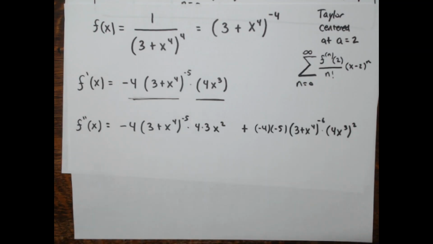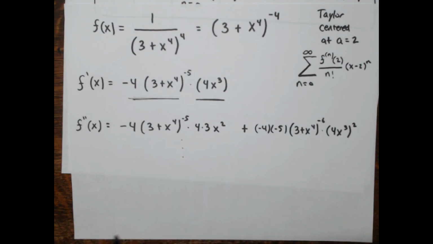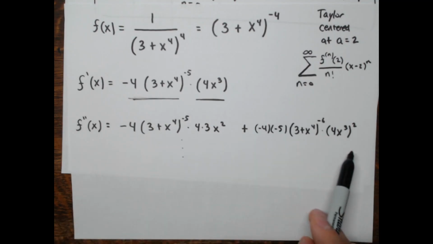They don't have 4x cubed in common. Okay, so I don't like the way this is going. It would be a lot easier to do the Maclaurin series if I wanted, but instead of doing this, because it's going to get really ugly really fast,